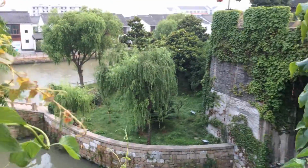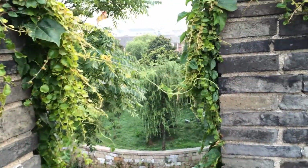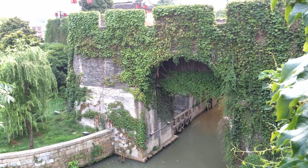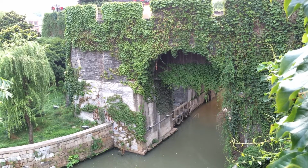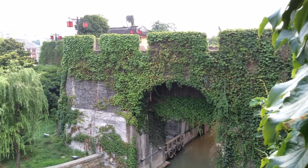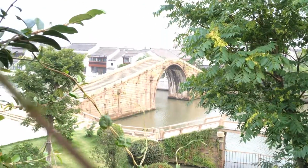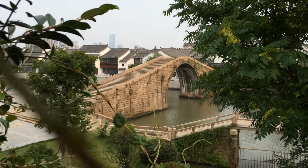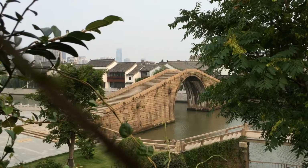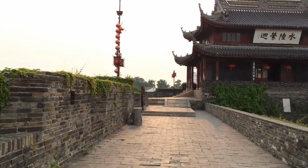Let's see. Yeah, this is probably making a slightly better view from over by the cannon. So now you can see the water gate. This is a piece of the Grand Canal, essentially. Gets a little confusing. The Grand Canal has branches, but it's marked off as Grand Canal on the map. And there's a bridge going over the larger portion of the river, which I also saw labeled as the Weicheng River. So I don't know if it's really...